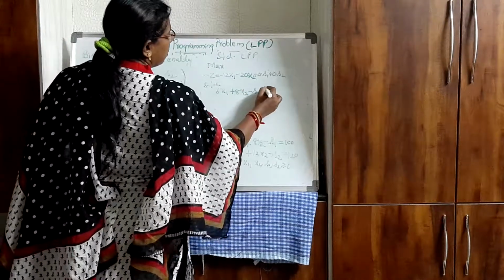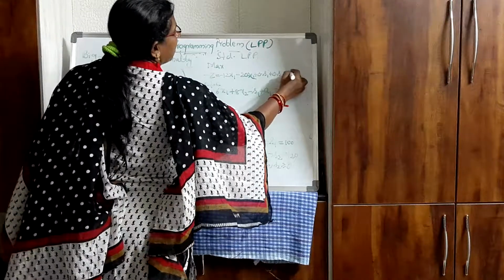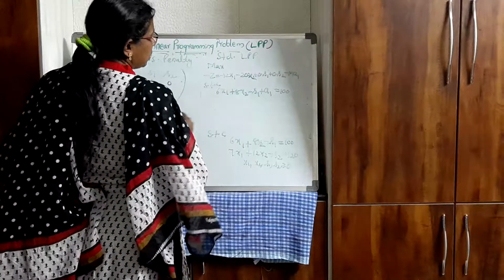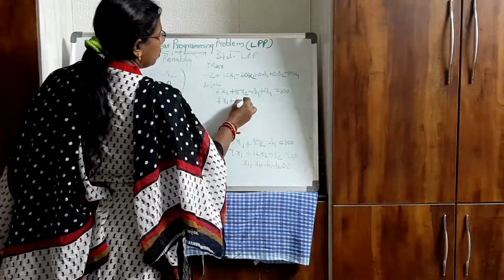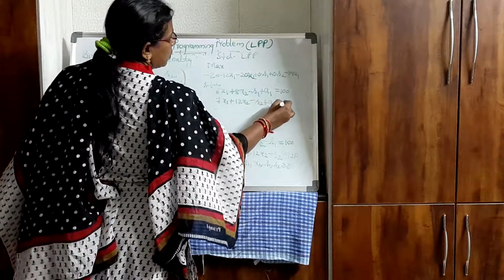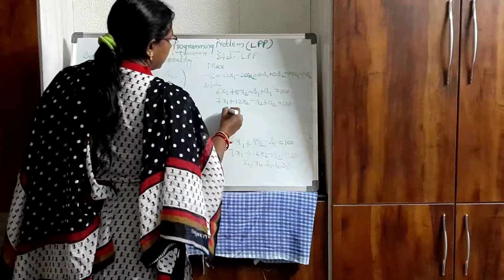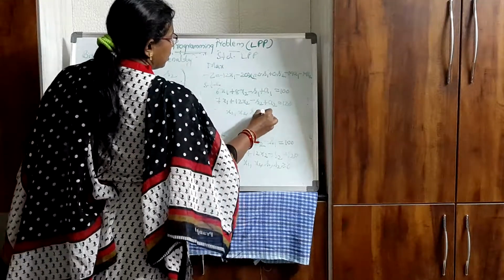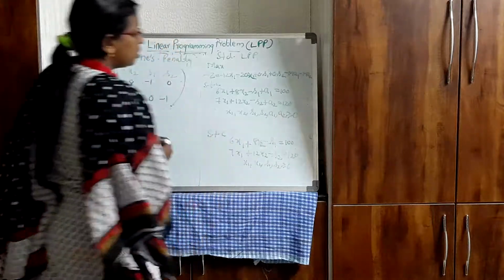I'll add an artificial variable a1. Now this is equal to 100. Here it will be minus M into a1. So this minus M is the large penalty. Next we will have 7x1 plus 12x2 minus s2 plus a2 equals 120. Here again minus M into a2. Then x1, x2, s1, s2, a1, a2 are all greater than or equal to 0.